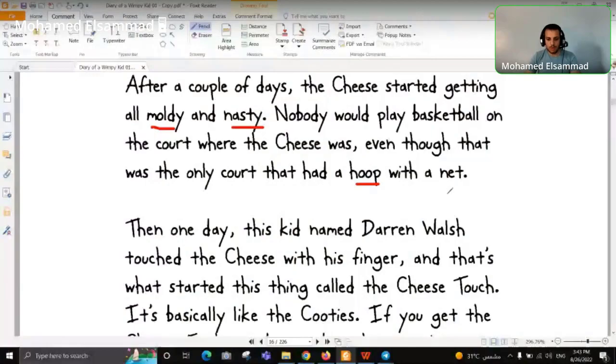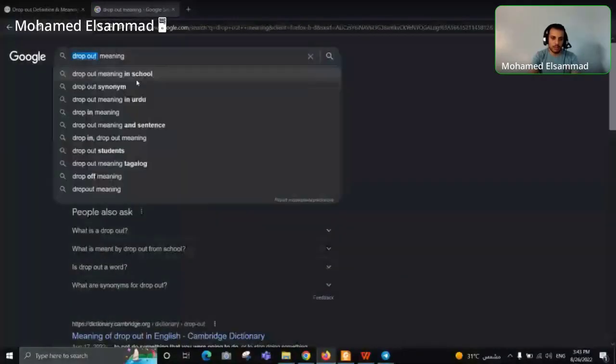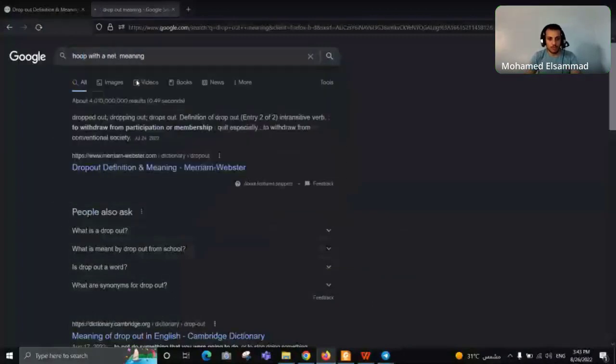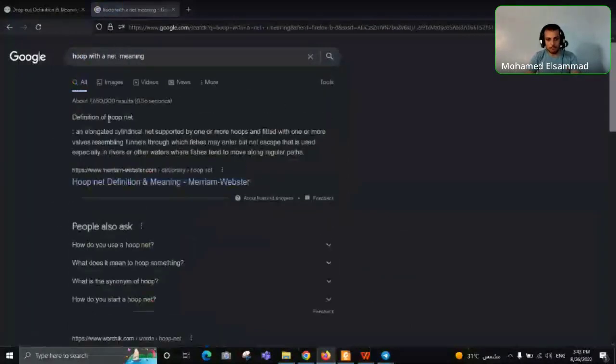Okay, so hoop with a net. So let's also see the definition of it. We're going to write it down like that. Hoop with a net, meaning. Okay, so a hoop net. You can see a definition of hoop net as an expression, an elongated